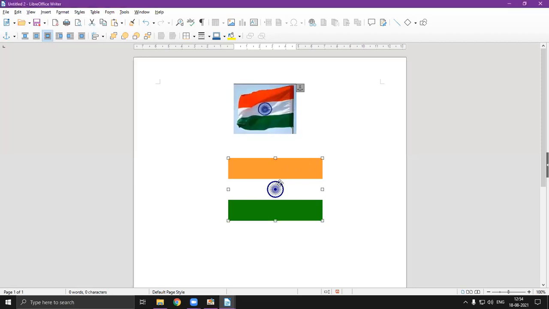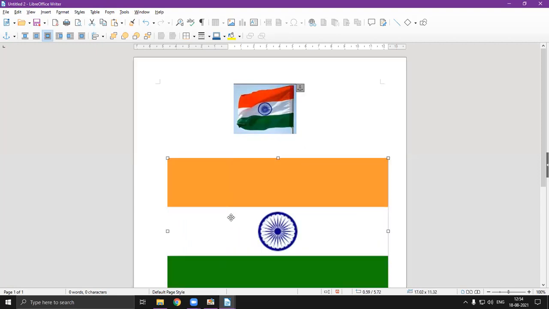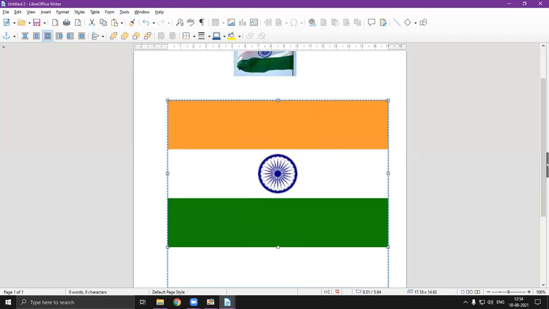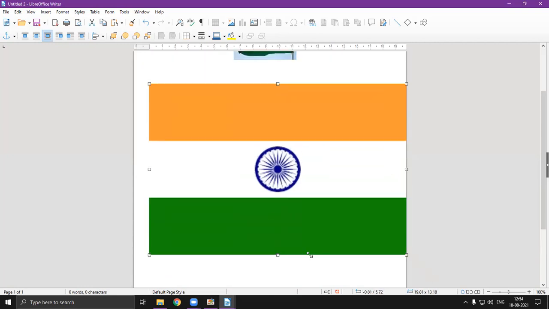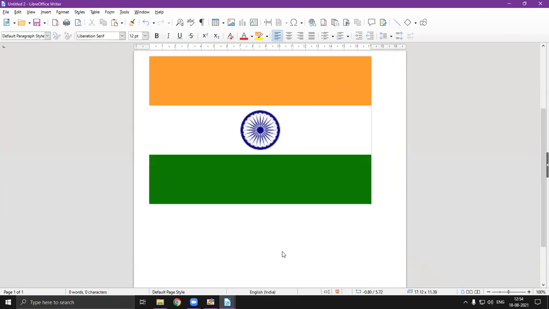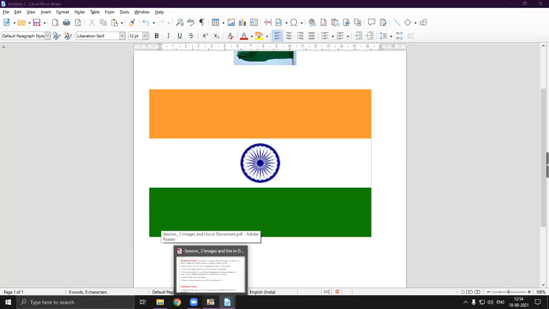So here if I click on that image, you can find that square on the corner and on the midpoint. Now I am just going to drag from this side. As you can see, it has been enlarged. Now I will drag from the right side, and it has been enlarged. From the midpoint we can also enlarge it. Okay, so here you can relate it to how you crop your image, by selecting the square boxes present in the corner and the midpoint also. So this is how you can resize your images.